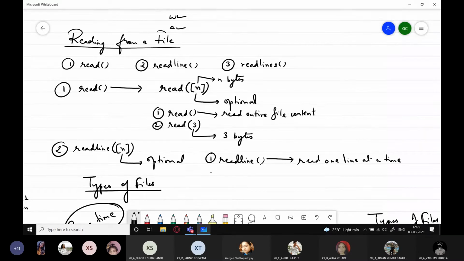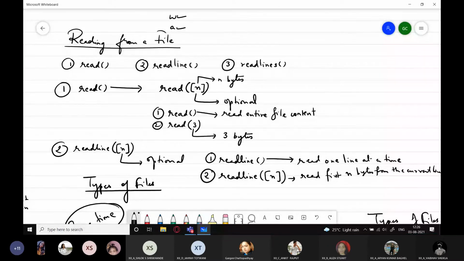It will read one line from the current pointer position within the file. And second is readline n, which means read the first n bytes from the current line, right? So as we do the practicals, it will be clear to you.